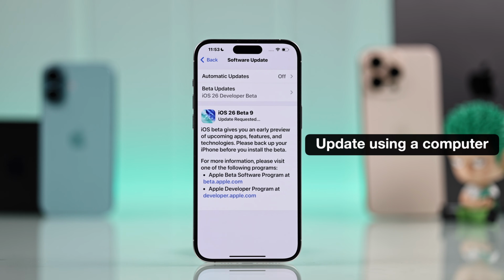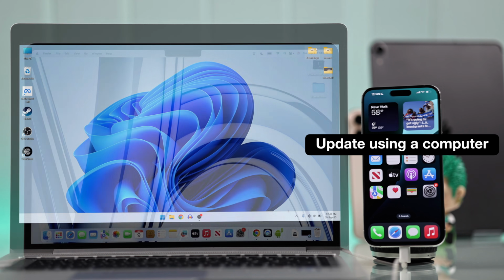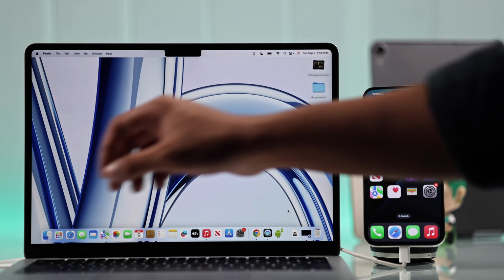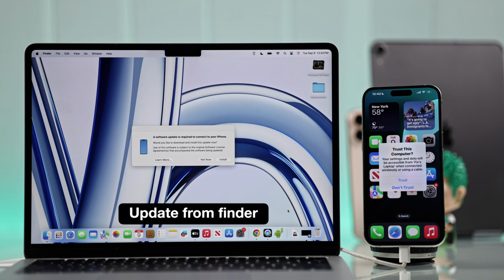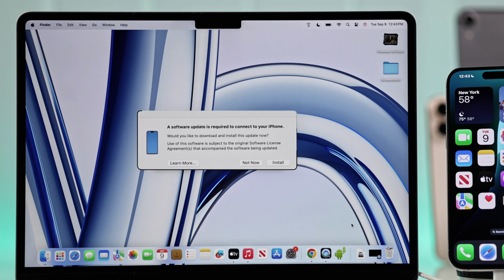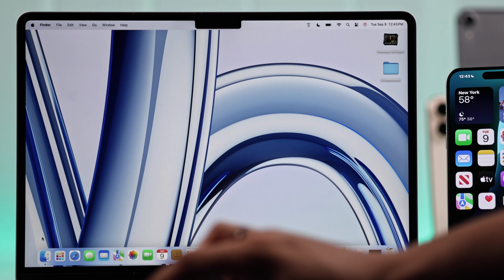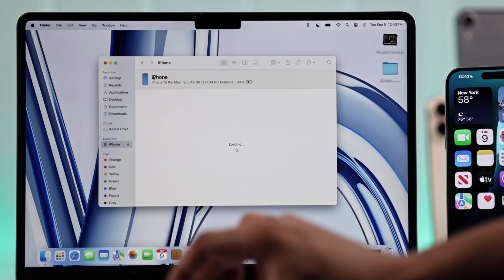Still not solved? Then instead of keep trying on your iPhone, what can help is installing the update using your Mac or Windows PC. For Mac devices, just connect your iPhone to your Mac, then confirm the pop-up on your iPhone, and your Mac will instantly detect an update. If it doesn't, then just open the Finder, and from there,